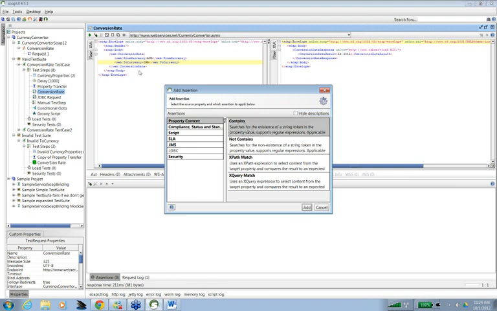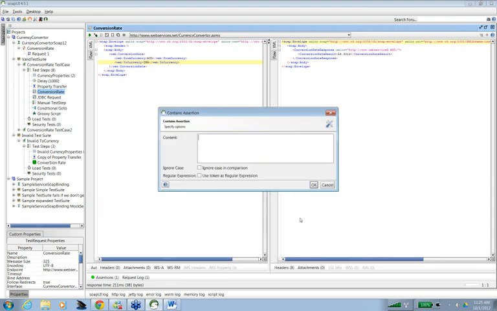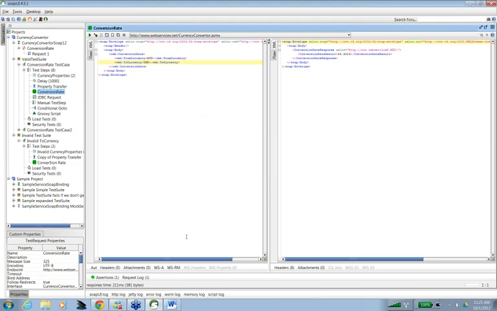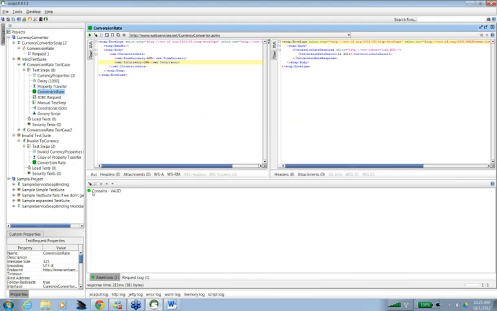Let's say in this step, I want to assert that the result contains 54.3013. I add it here and press OK, then run it again. You can see it is green, which means this assertion has passed.